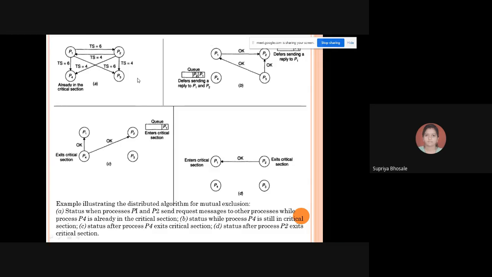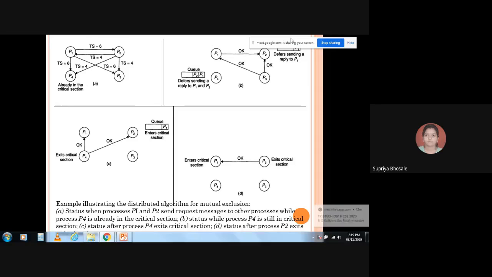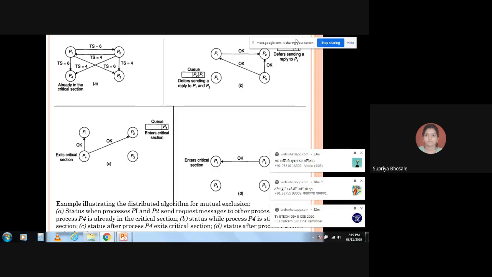That is the status when the processes P1 and P2 send the request message to other processes while process P4 is already in the critical section. Now, let us consider the situation of this B. Okay, B च्या केस मध्ये काय झालं आता की